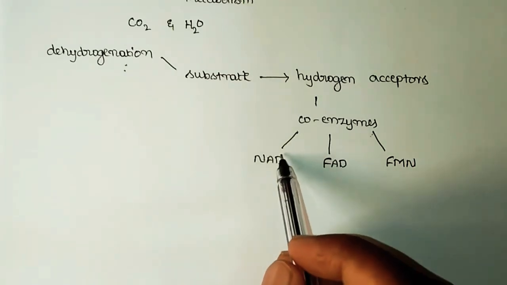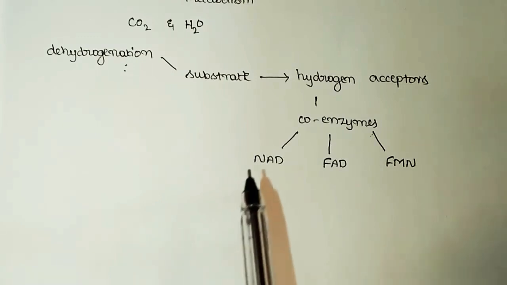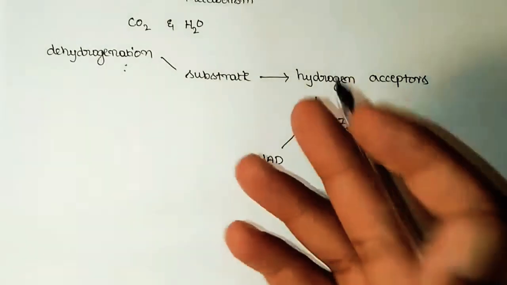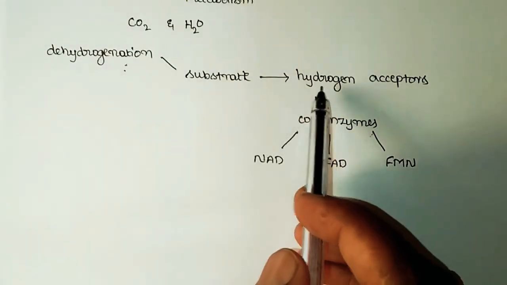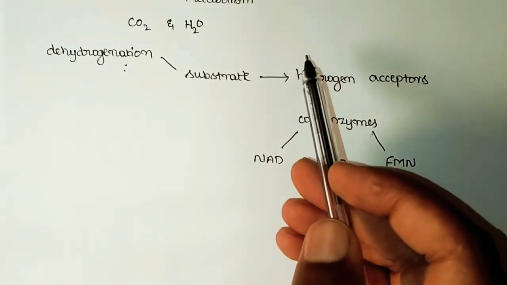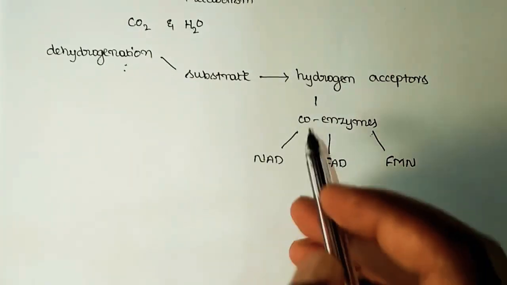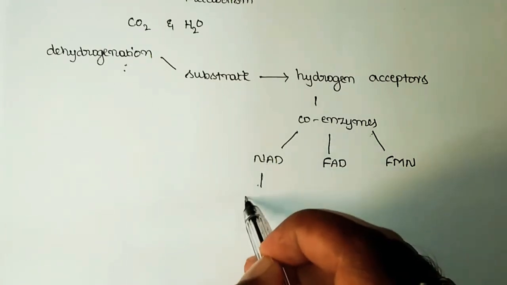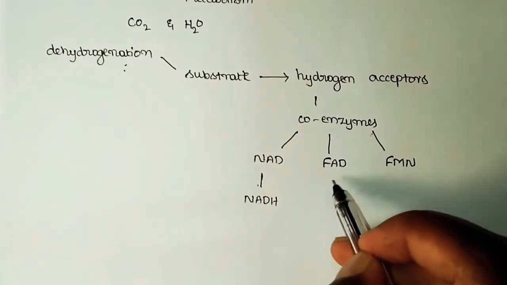And during the biological oxidation, these coenzymes will get reduced to the form of reduced coenzymes. Means during the oxidation, these materials will accept the hydrogen atoms from the substrate molecule and make the substrate molecule undergo oxidation, and themselves they undergo reduction to form reduced coenzymes. So NAD will get reduced to give NADH. FAD will get reduced to give